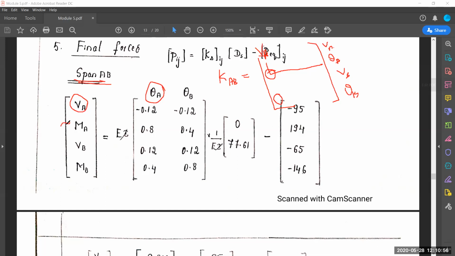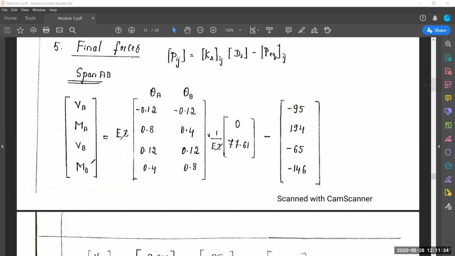MA, what I told you, either you can give a notation MA or else theta A. So that means I can consider theta A. Theta A is here, right? In the second one. So which value do you have to consider now? Theta A versus theta A. That means this one. Next, theta A versus theta B. Last one. That means your second row and fourth column will come like this. Okay. Just check this one. I will tell you MB versus theta A now. You'll see that.